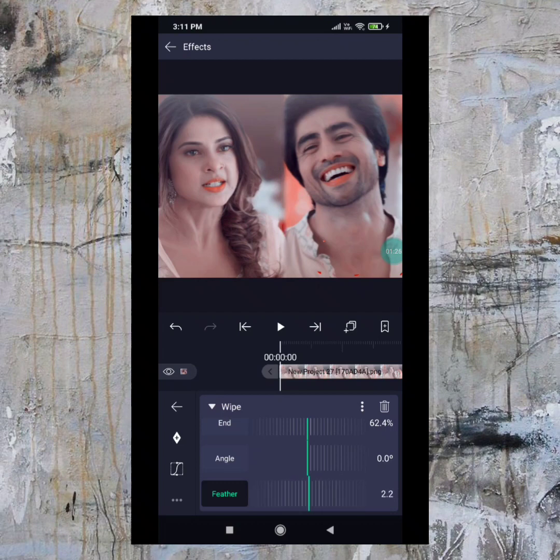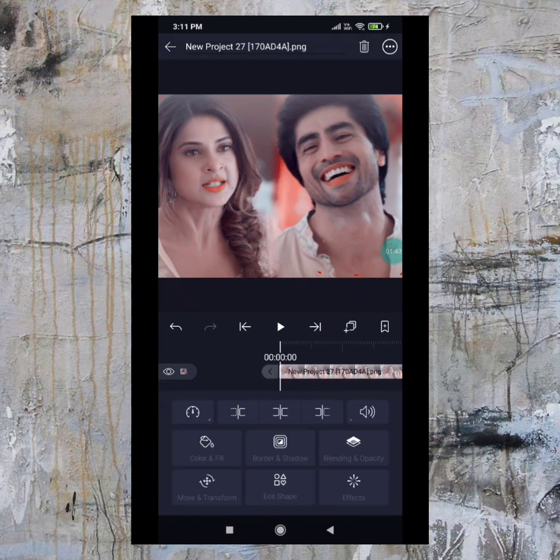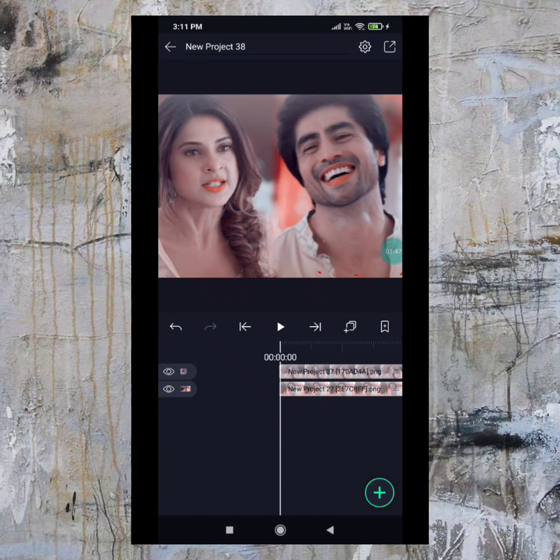But if I do it with feather, it's properly getting blended. Same you can do with your videos as well. I don't have any video in my gallery, otherwise I'd be showing you the same, but the process is the same and it's blended properly, you can see.